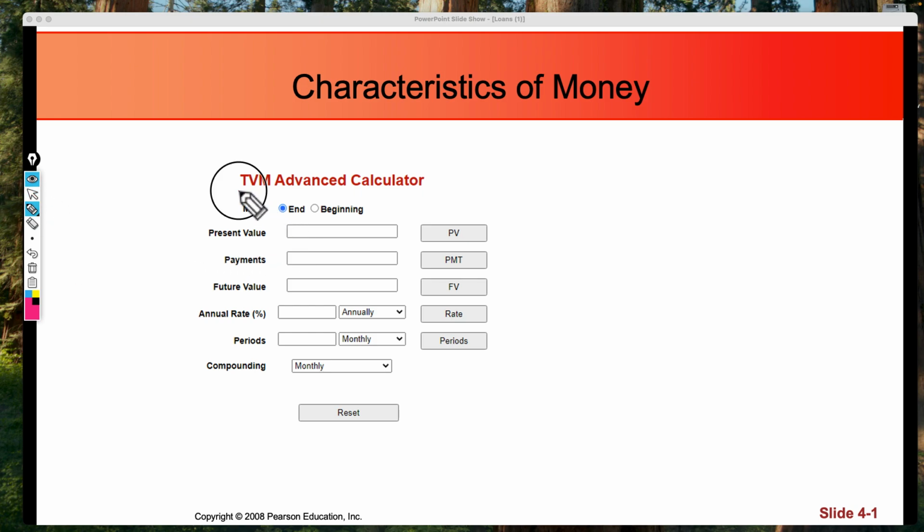Okay, so when we're using the TVM calculator, you can use it in a handheld. You can download it from the App Store to your cell phone, to a tablet, which I highly encourage so that you have it with you. Primarily for loans, loans start with a present value. That's money coming to us. And so you're going to have this as a positive value. Payments go back to whoever we borrowed the money from. So these payments are going to be negative values because the money's going out of our pocket. And future value, typically on a loan, is going to be zero because when we're finished paying off the loan,